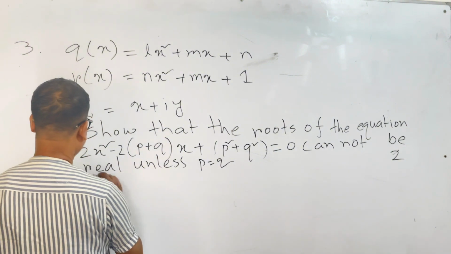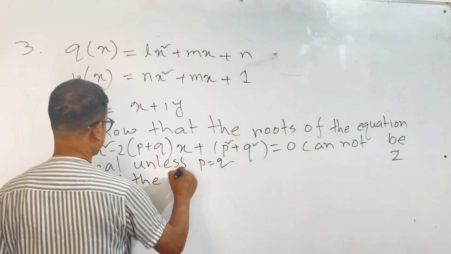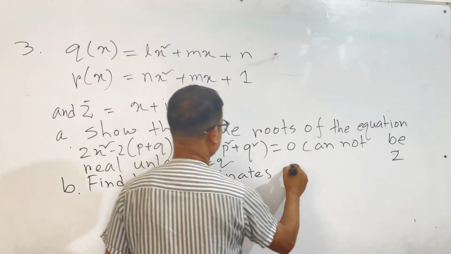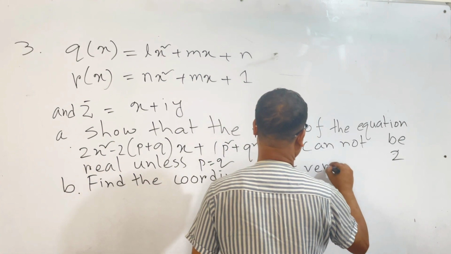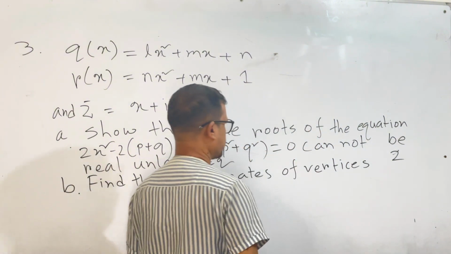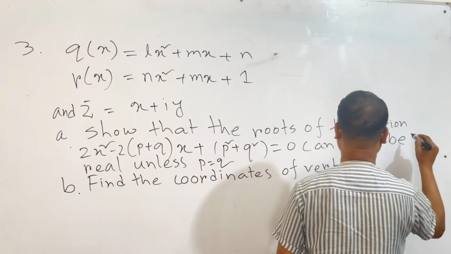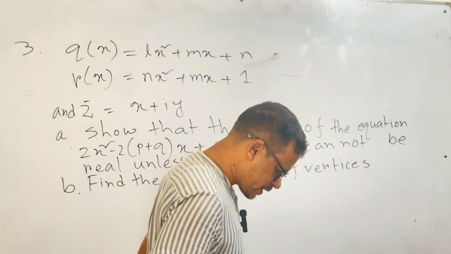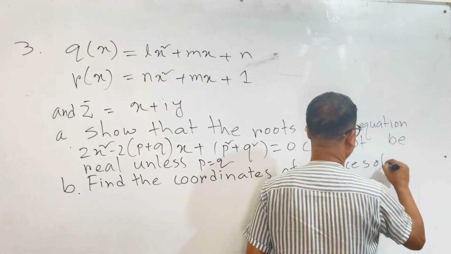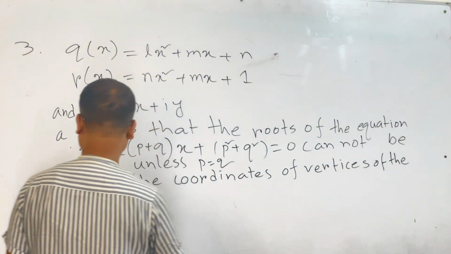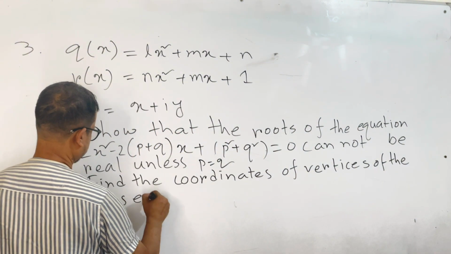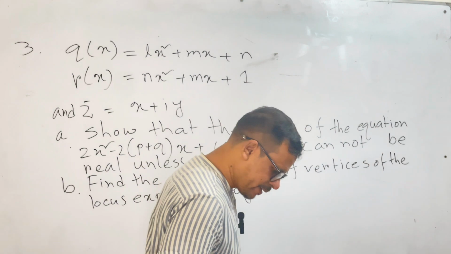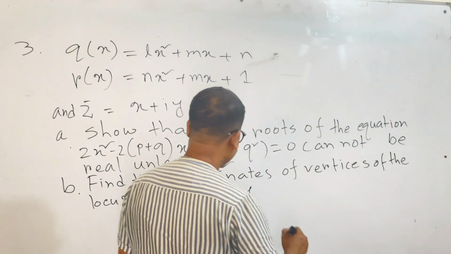Find the coordinates of vertices of the locus expressed by the equation